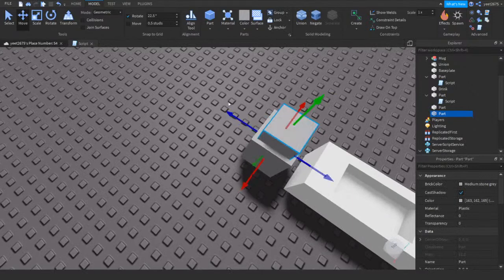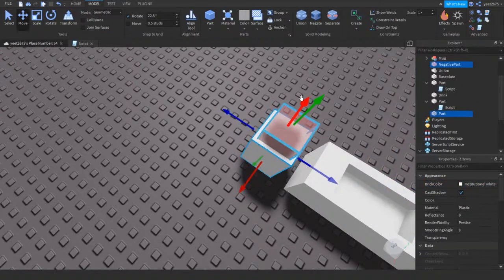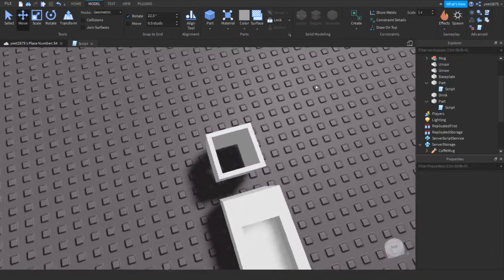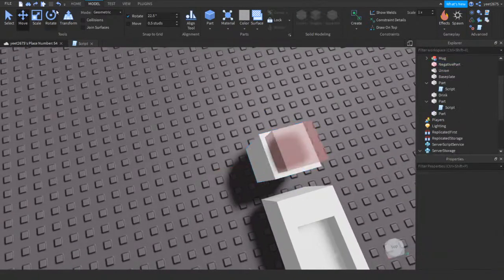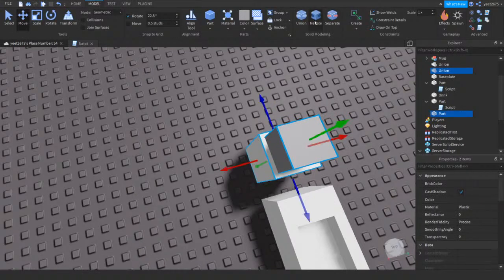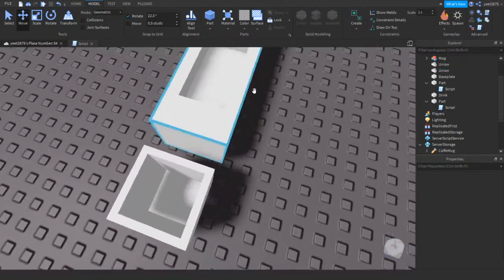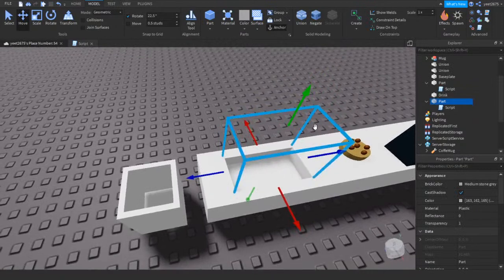I need to increase this. Actually, we're going to change the colour of the bin to white before we do it. Get it, union it, still too deep. Still, let's try it. Union it, negate it, negate, union. And as you can see, here's our bin, and it's literally going to be the exact same script